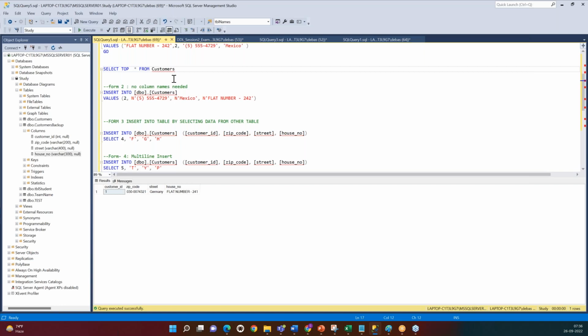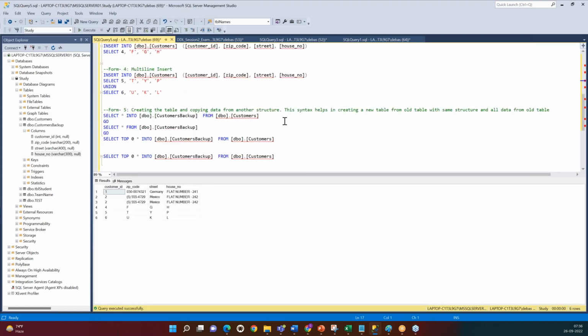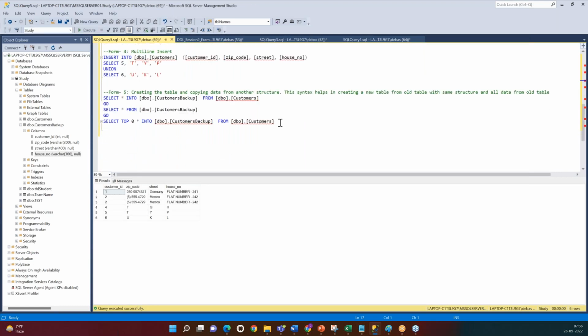Now if I say top 2, that means essentially it will give me top 2 rows. Okay, 2 rows only. That is what the behavior of top n means. If I write select star, that means give me all the rows of data. So if my interviewer asks me the question,